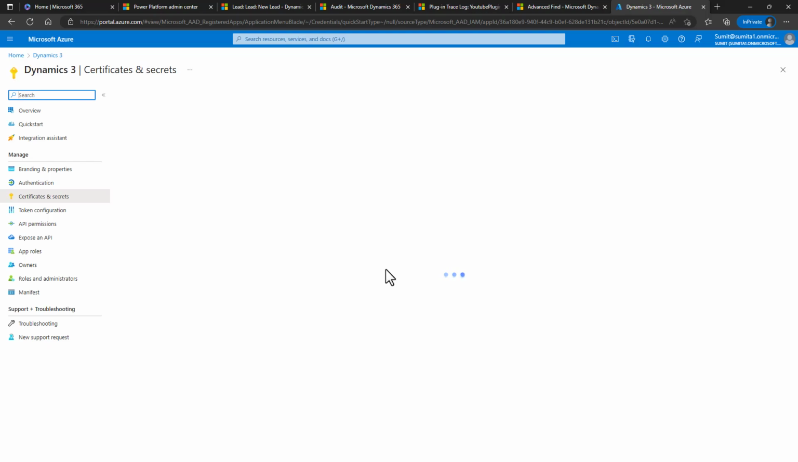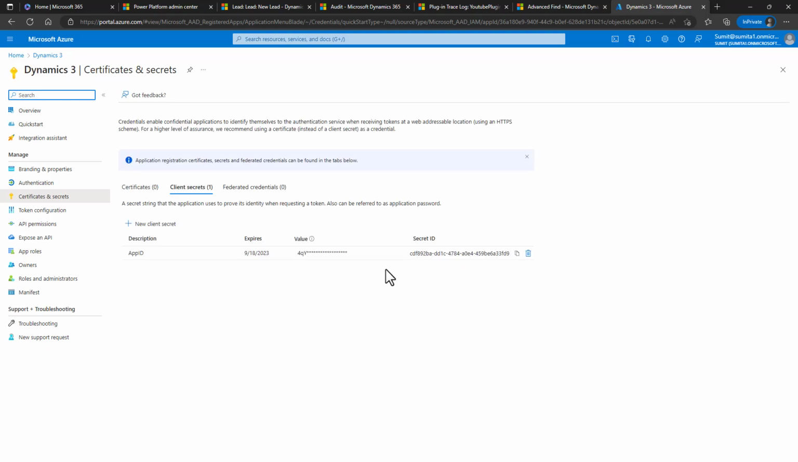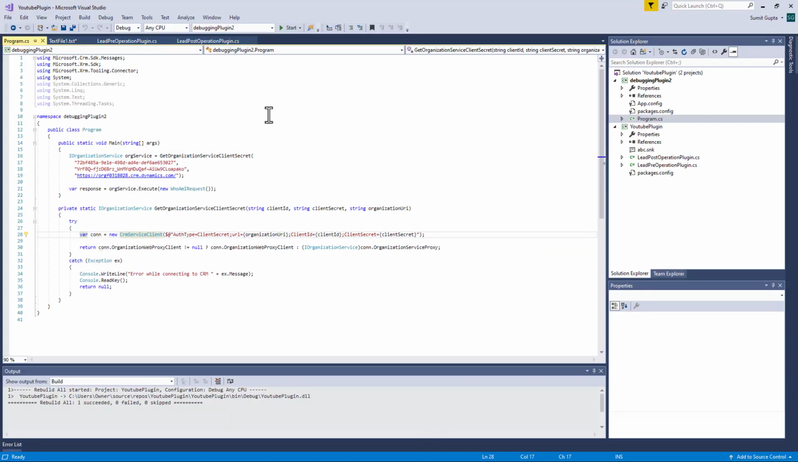Now we are all set. We have an app user which is all connected to the Dynamics CRM instance. It has got API permissions and the app ID and secret ID is there. So by using this particular code, let's say you have to add these particular DLLs in there,